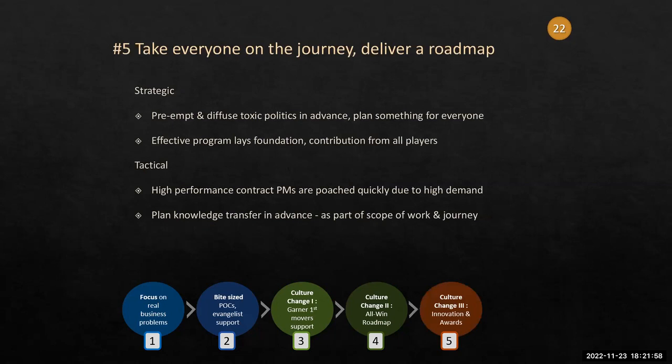Slide number 5, again, go back to people, take everyone on the journey, deliver a roadmap so that people can see where they need to go. There are inevitably toxic politics because there are people who are fearful of their jobs, do not want to learn or change. So be very strategic, and for those lead BAs or project managers that are forming up their AI program, try to keep everyone involved so that they can see hope and ability to change to their own